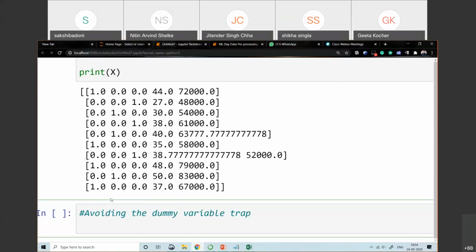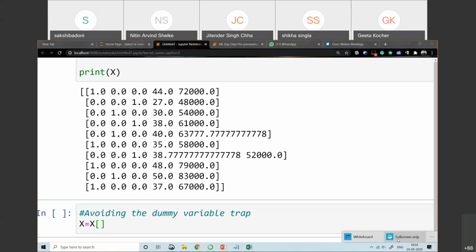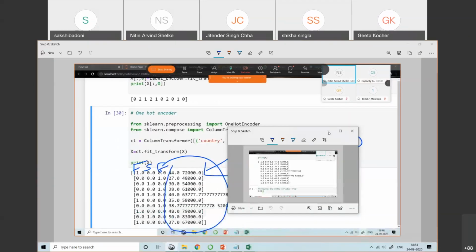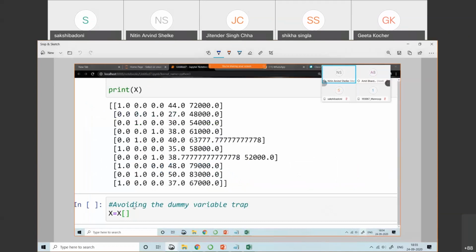Now, how to remove the dummy variable trap? It's simple, so simple. Just X variable, okay, and I want X. So starting from what? How to remove? Anyone? How to remove the dummy variable trap? Those who know, just text me. Send it through the chat box.